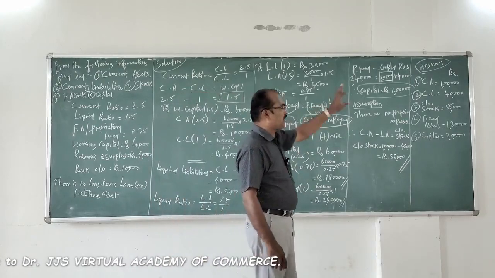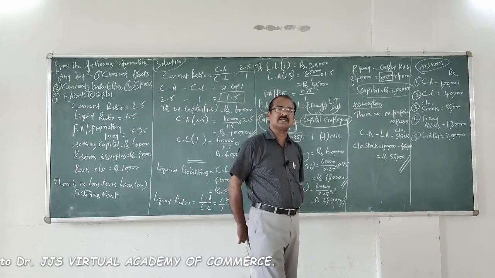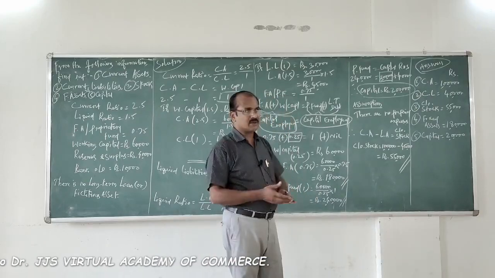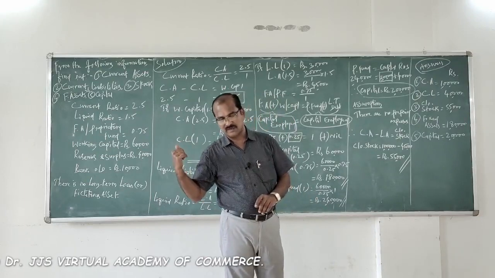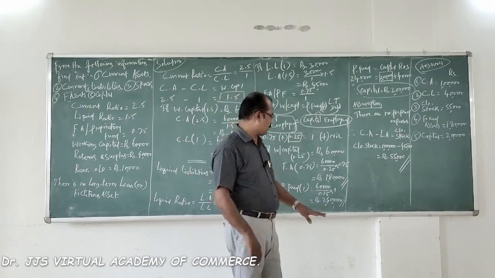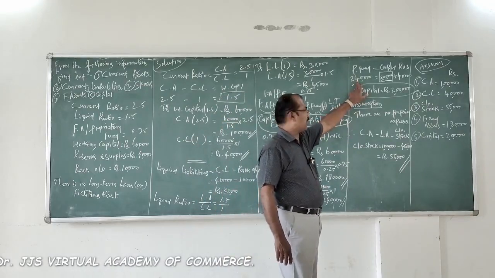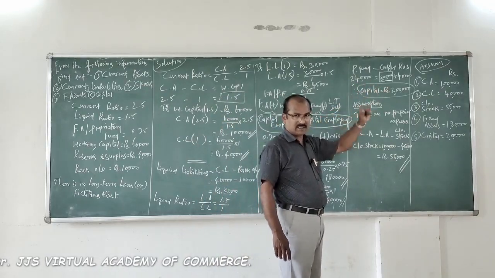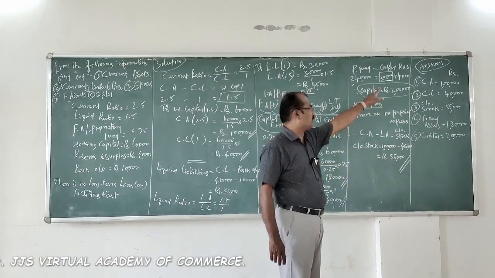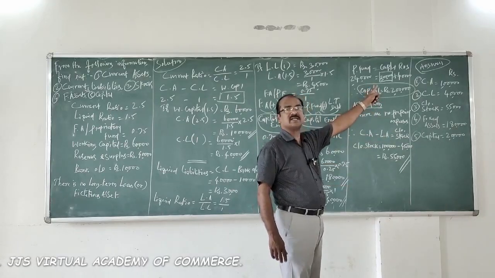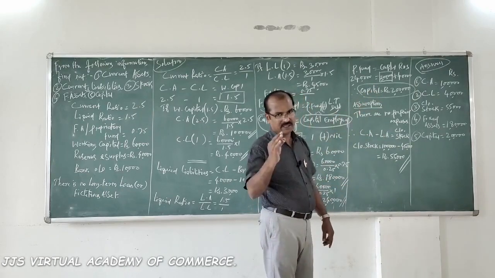Now, proprietary fund is nothing but the total of capital plus reserves and surplus. Reserves and surplus is the amount of 40,000 as per the information given in the problem. Proprietary fund 2,40,000 is equal to capital, that is the value we need to find out as a balancing figure, plus reserves and surplus 40,000. So the balancing figure in the equation is what? 2 lakh rupees, that is the value of capital.